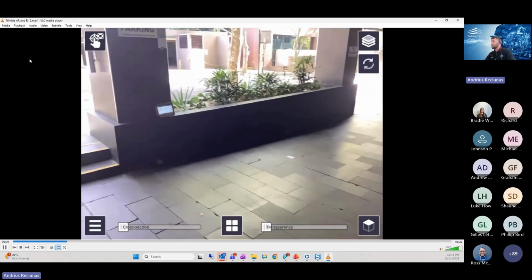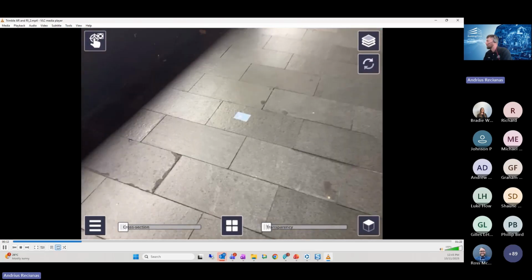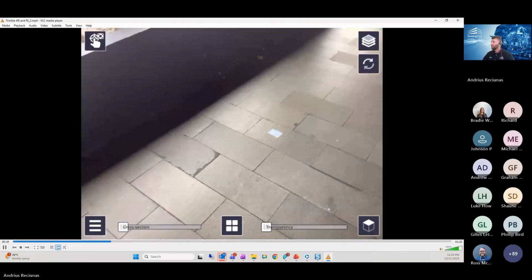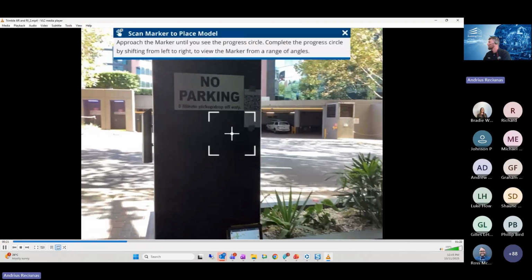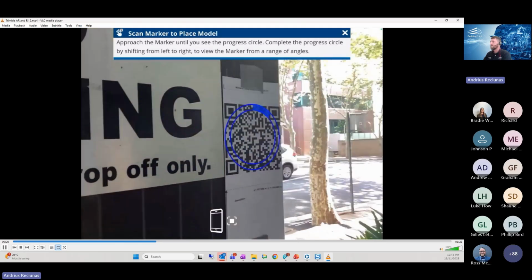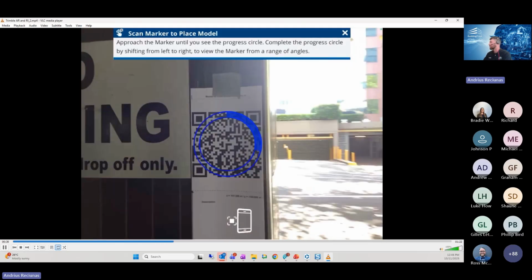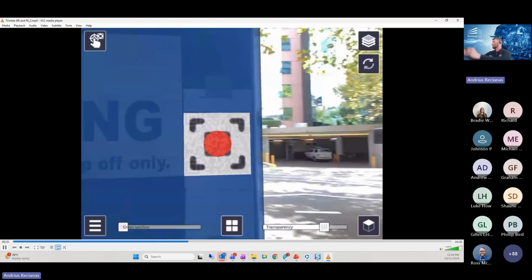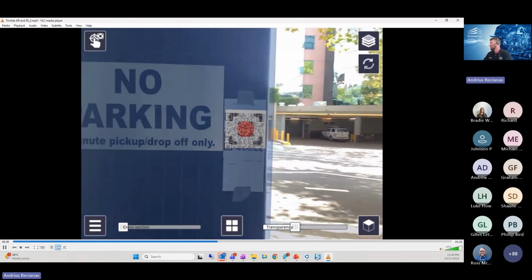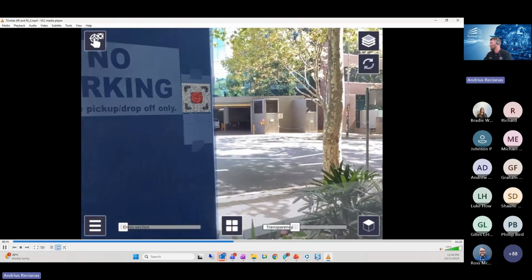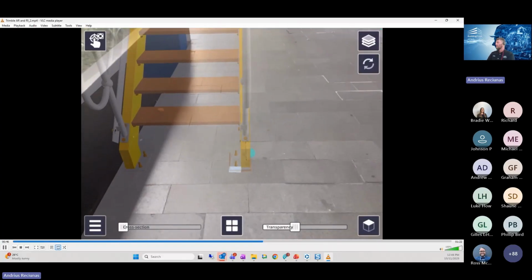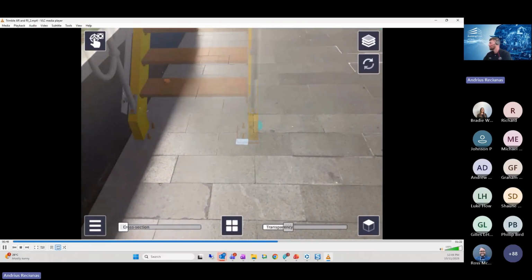So we have a total station pointing out to one of the holding down bolts of the staircase, showing where that location is. And then if I just jump into the SiteVision app and I have that QR code in the same place that I did it in the model, I can then start scanning that QR code on the actual site. What it will do is overlay the augmented reality models straight directly on top of the views that you can see here. So I can see all the information that I see in the Trimble Connect project,